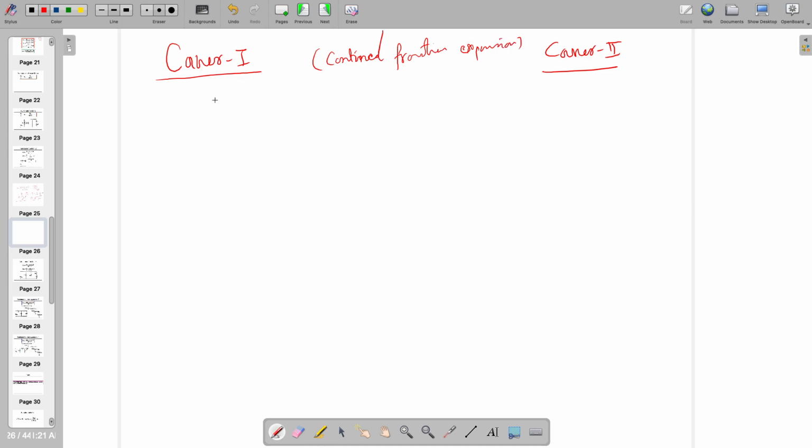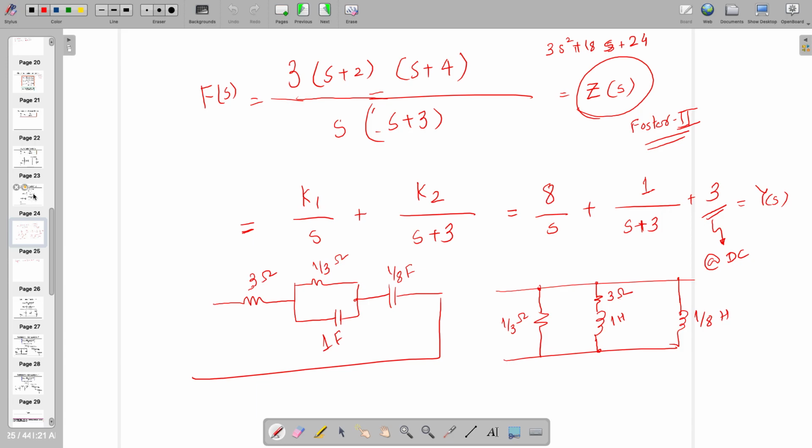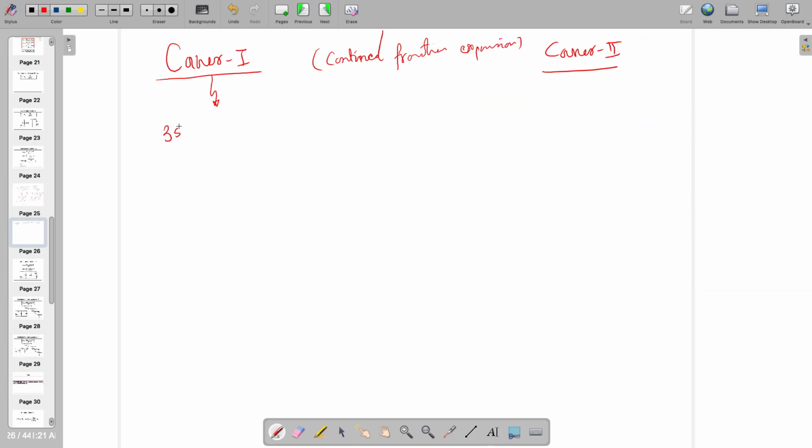For Cauer 1, from the higher order side we are going to start, and on this side we are going to start with the lowest order, and then we will make the division. So if this is the transfer function, 3s square plus 18s plus 24 divided by s square plus 3s,